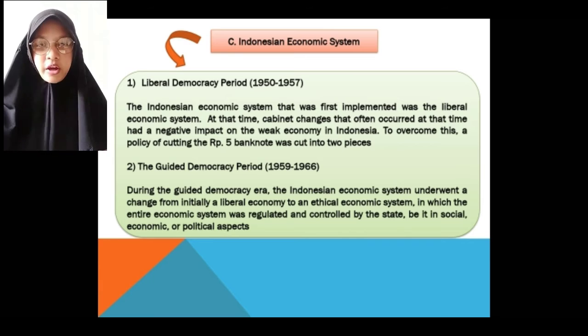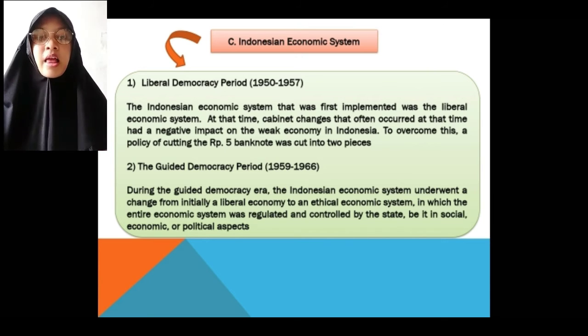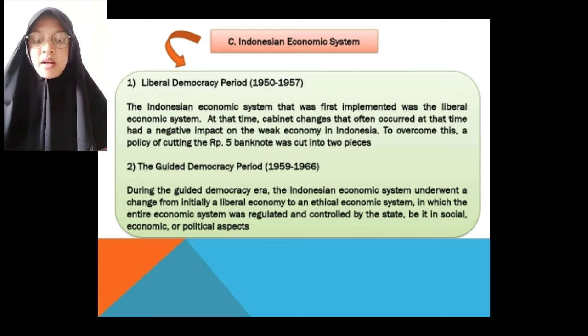C. Indonesian economic system. 1. Liberal democracy period, 1950 until 1957. The Indonesian economic system that was first implemented was the liberal economic system. At the time, frequent cabinet changes had a negative impact on the weak economy in Indonesia. To overcome this, a policy of cutting the 5 banknote into 2 pieces was implemented. 2. The Great Democracy period,